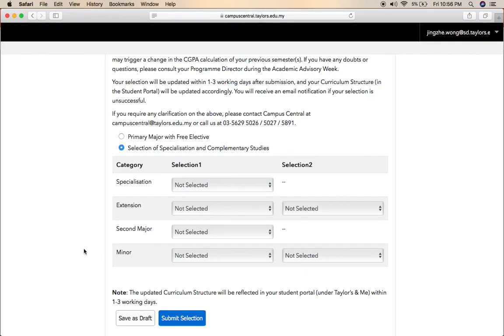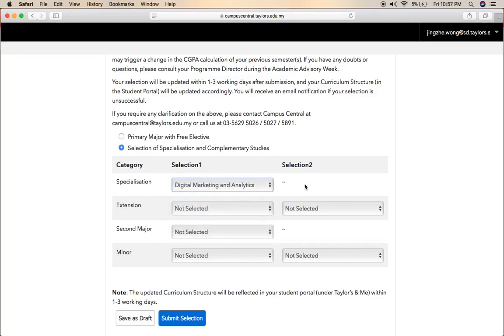You will then join me for step 3. The reason is because your choice of free electives has already been set by default. Now for the rest, let me show you how to log in your option in the system, right? Firstly, you're required to select a choice under specialization. Again, this part is not applicable to the Bachelor of Law students. So when you click here, you will see all your options, and I will choose Digital Marketing and Analytics for